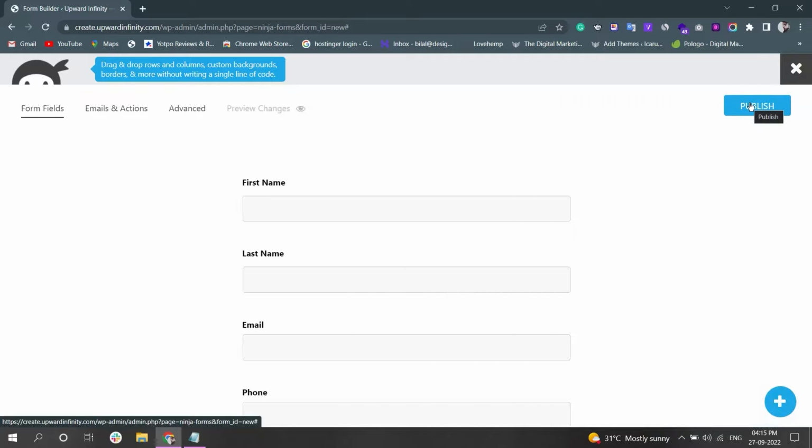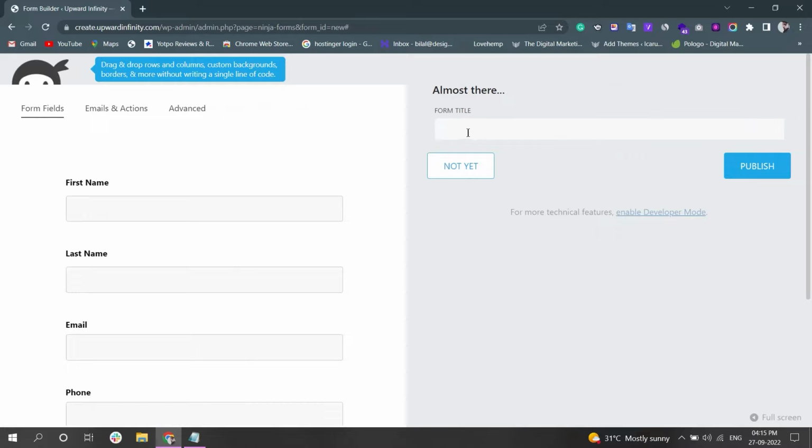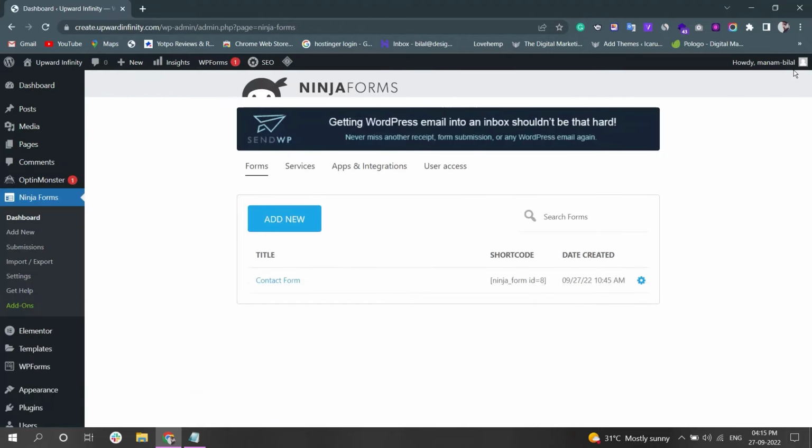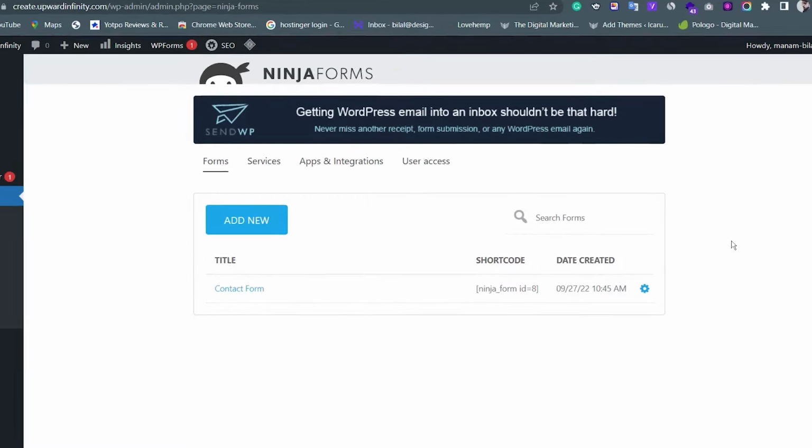Here we need to enter the name for the contact form. We will write contact form and click on publish. Now our contact form is created on the Ninja Forms plugin. Now we need to embed it on the contact page. So here we will copy this shortcode